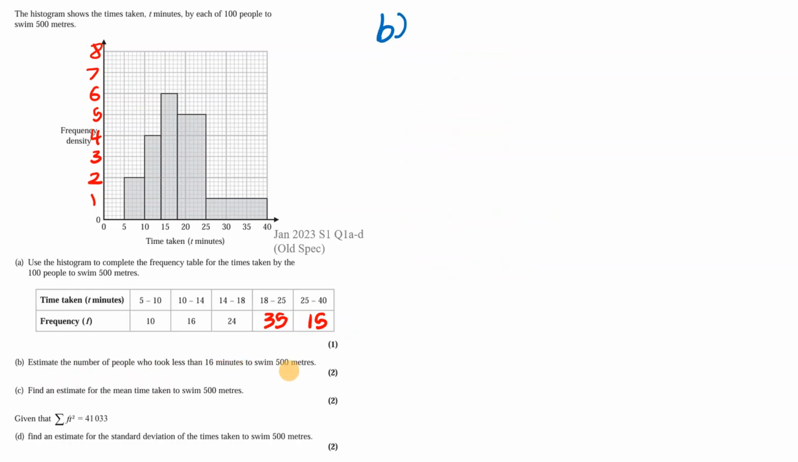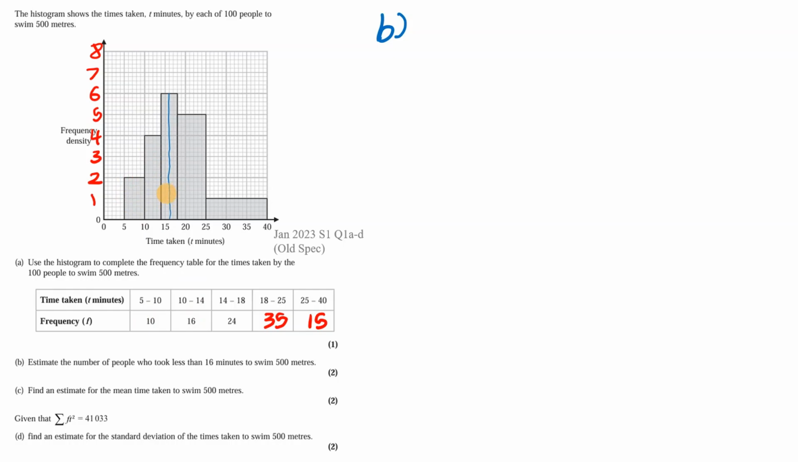Okay, and then for part B, we need to estimate the number of people who took less than 16 minutes to swim 500 meters. Okay, so 16 minutes on this diagram is here. So we need to find the frequency that is less than this. So we have these two bars here, and we know these have a frequency of 10 and 16,